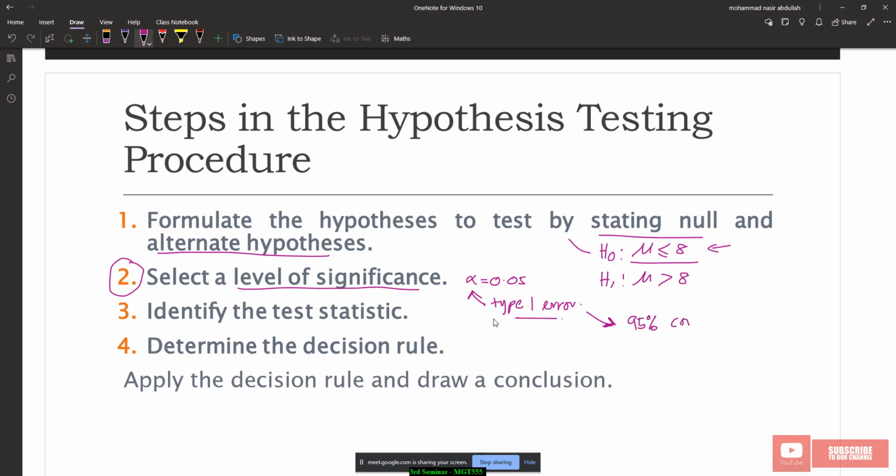Means that we have 95% confidence that our decision is correct, and we reserve 5% for incorrect decision. Right, means that the result yang kita akan calculate nanti dalam hypothesis testing ni, right, kita 95% confidence that this result is correct, and only 5% sometimes the result will be incorrect result. Apa maksud incorrect result? Incorrect result means that sometimes I letak tepi